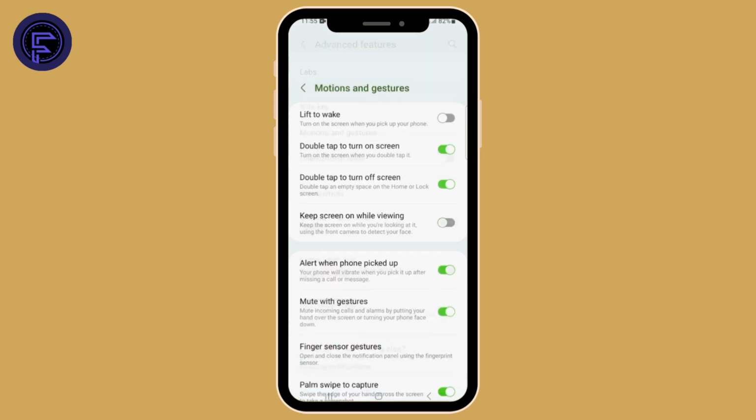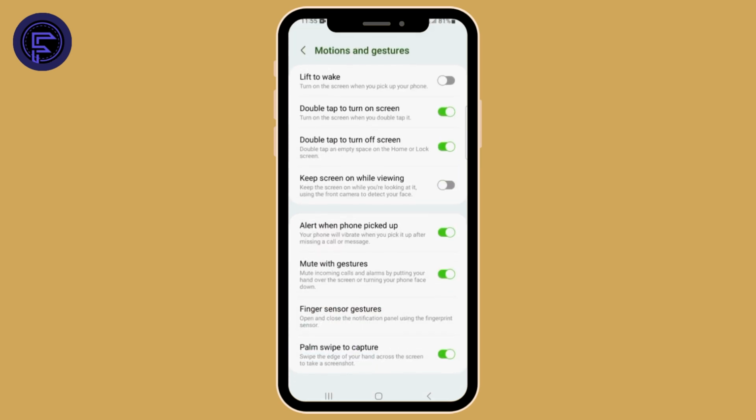Now select motions and gestures. Here you will find the option double tap to turn on screen, and you also have the option double tap to turn off screen. Right now it is toggled on, so if you want to turn it off, simply toggle these options off. But if you want to toggle it on again, simply go ahead and toggle it on